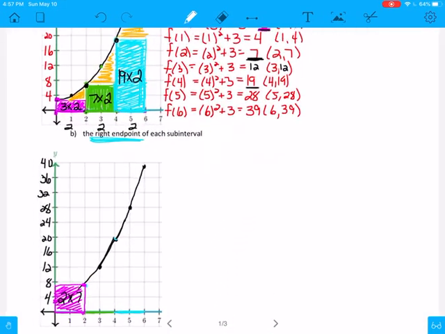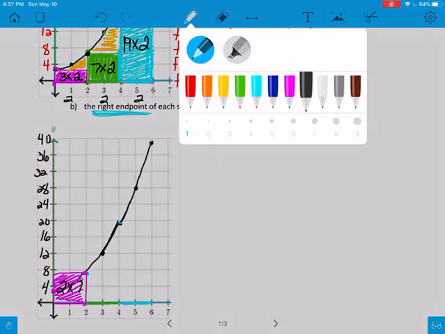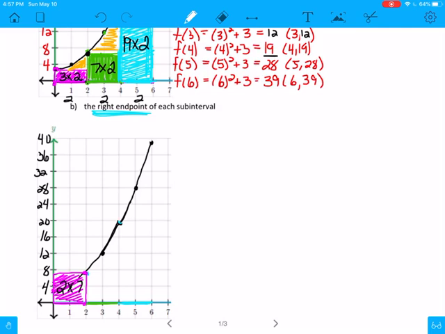Okay. So you have 2 times 7 is the one. And then we need to go to the green one. And the green one, we go to the very far right of it, and it is the y value that goes with 4. So we follow it up to the y value at 4 because that's the very right endpoint. And over the y value at 4 is 19. It's up here. Now we find the area of this rectangle,